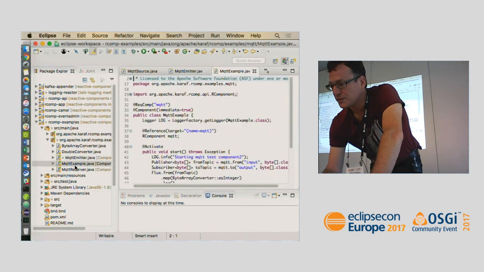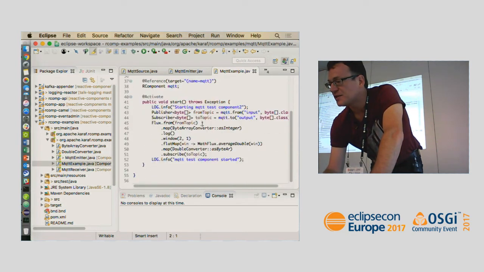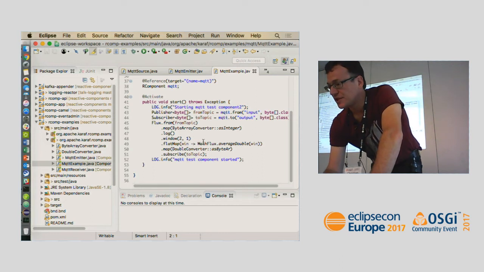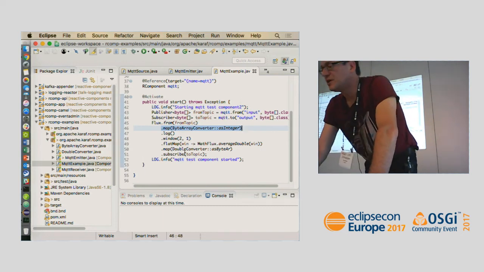And this is something in between that's listening on MQTT and does this average, like I showed already, as a small demonstration of it, and just then sends out to another MQTT topic. So there's still this conversion done at the moment. This can even be improved.